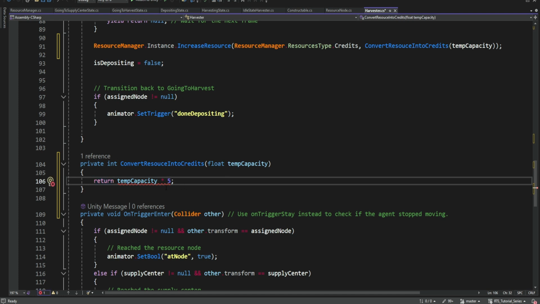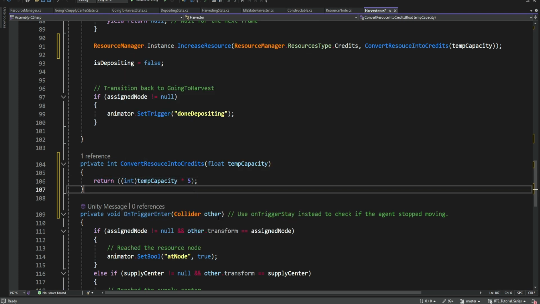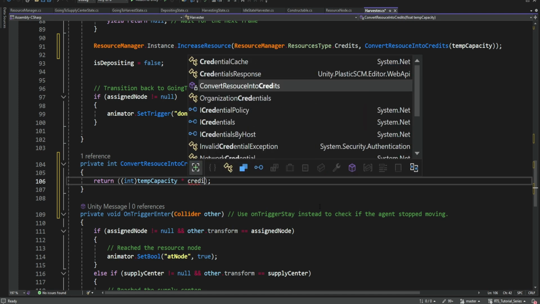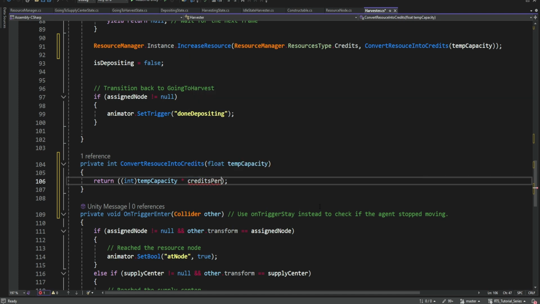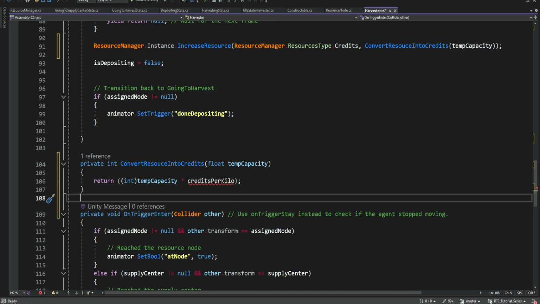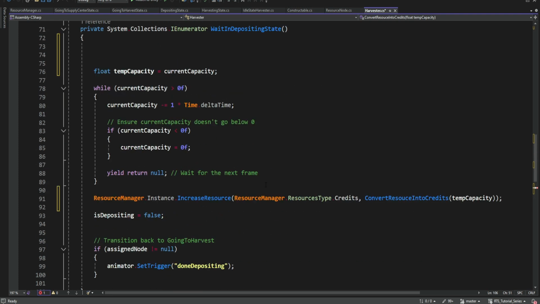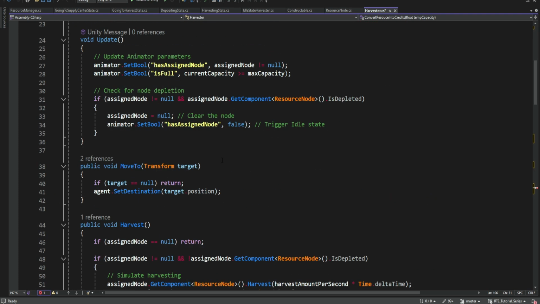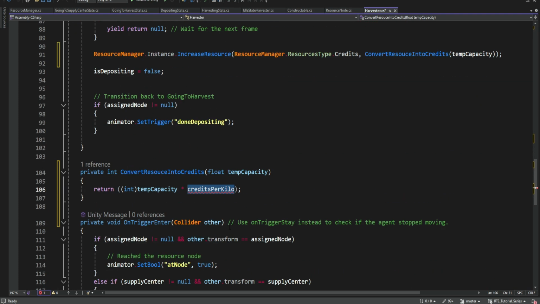Of course, this will be a float, so we need to convert it into an int. We need to cast, okay? And this can be, for example, credits per, let's say, kilo of resource or something like that. And we can save it over here, or maybe into some kind of general singleton that will handle all of this